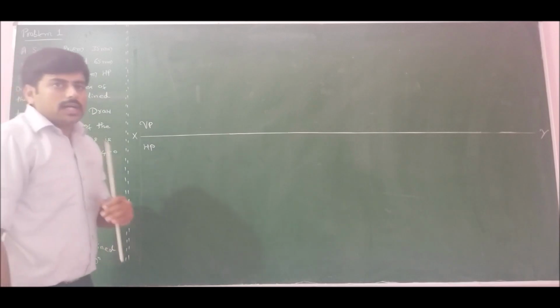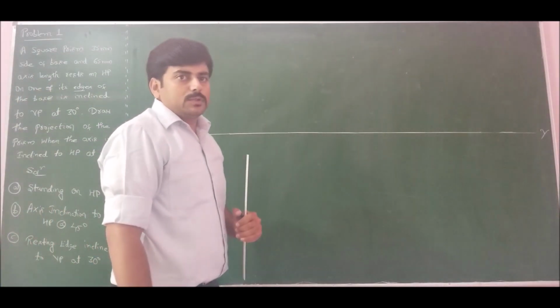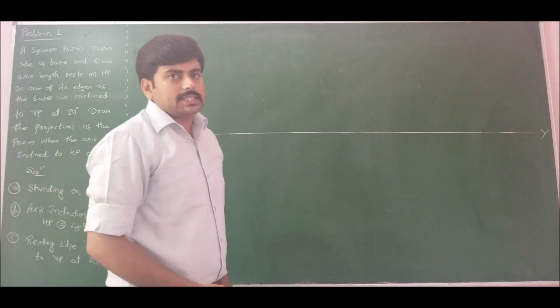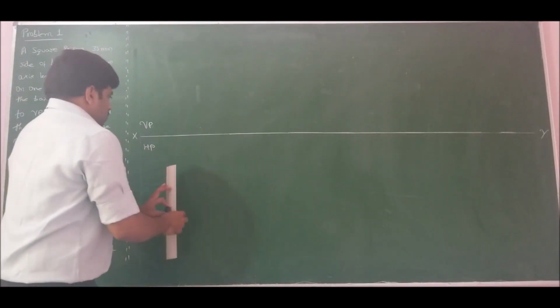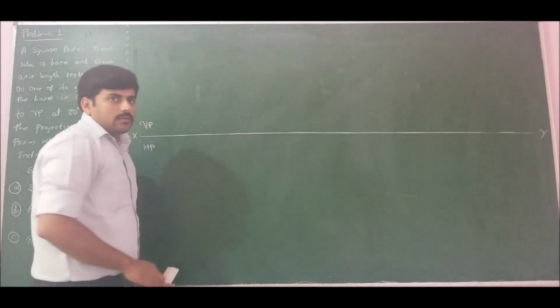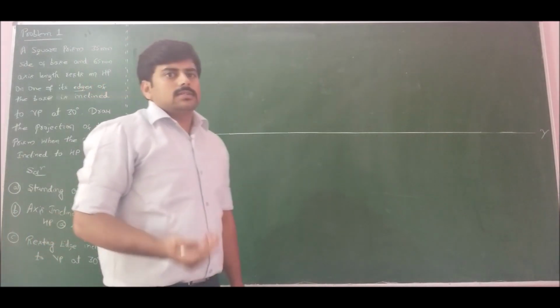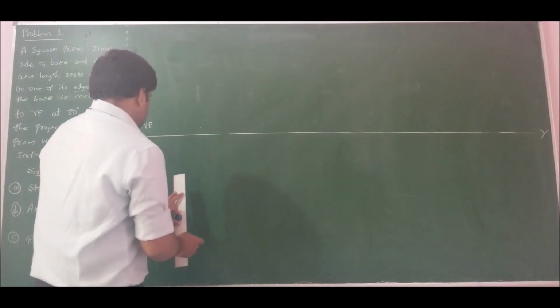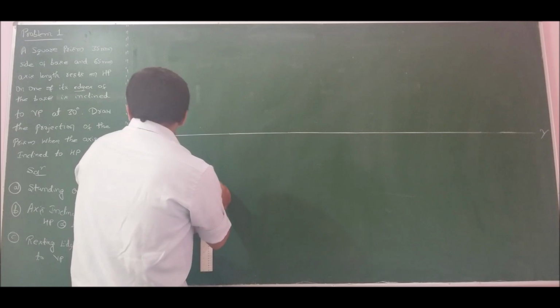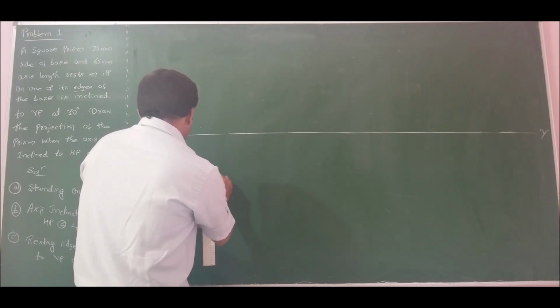So therefore, I should draw the top view of the prism such a way that the edge comes towards right hand side. If I draw the edge towards right hand side, I will get the edge on both sides since it is a square. The base edge is of 35 mm.